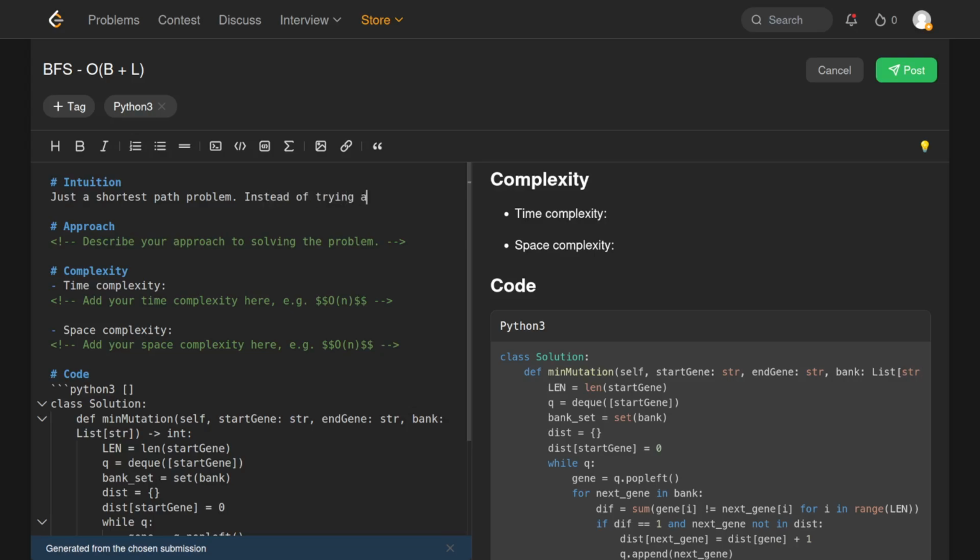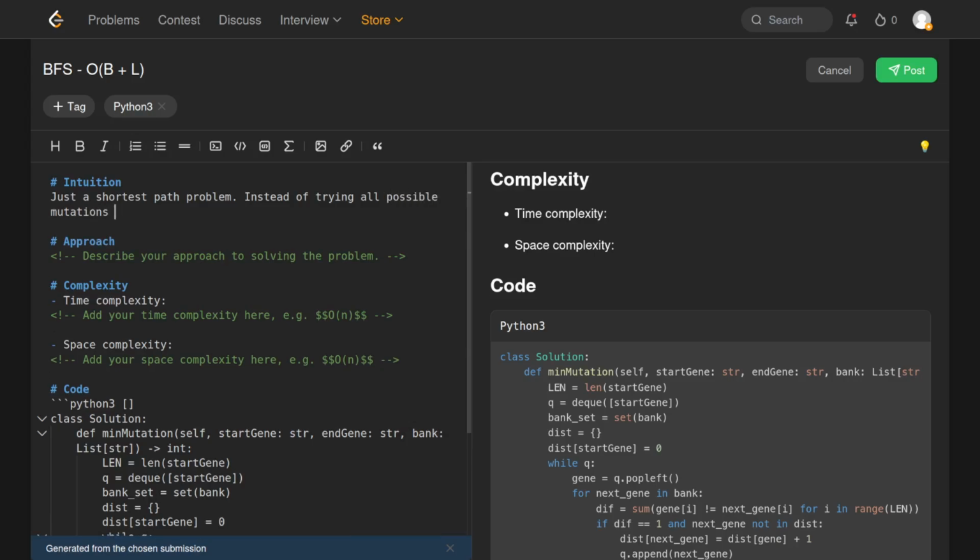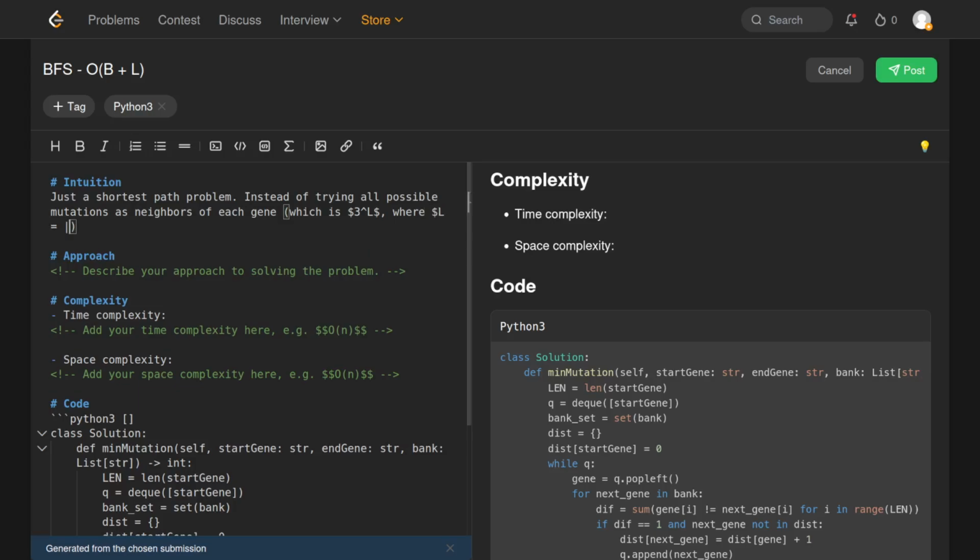Instead of trying all possible mutations, the neighbors of each gene, which is 4 to the power of, or like 3 to the power of L, where L is equal to the length of the start gene,